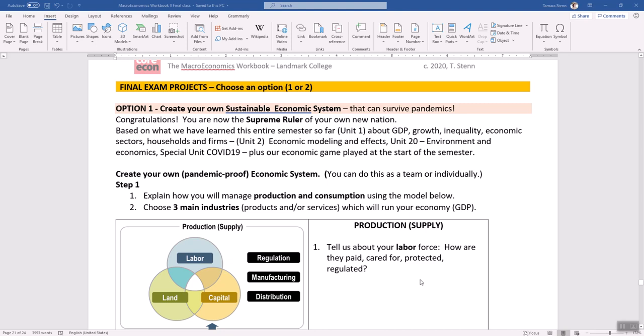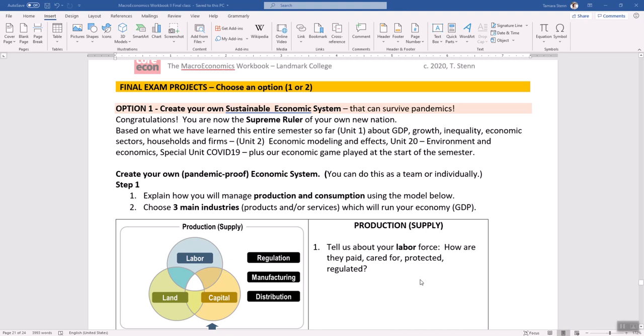Okay, so option one is going to be to create your own sustainable economic system that can survive pandemics. So you are now the supreme ruler of your own nation. And based on what we have learned this entire semester about GDP, growth, inequality, economic sectors, households, firms, modeling, the environment, COVID-19, the economic game that we played at the start of the semester when we were learning about creating jobs